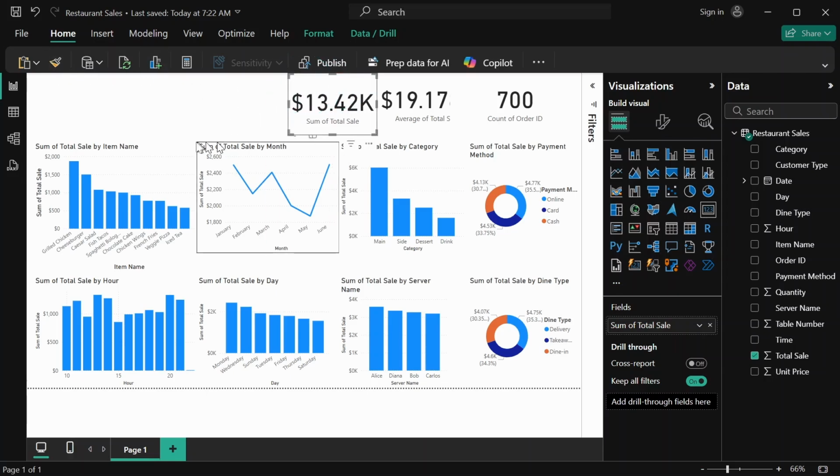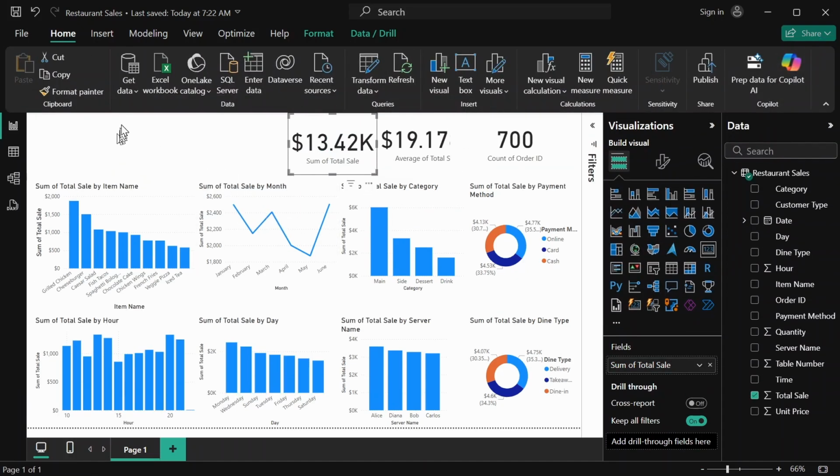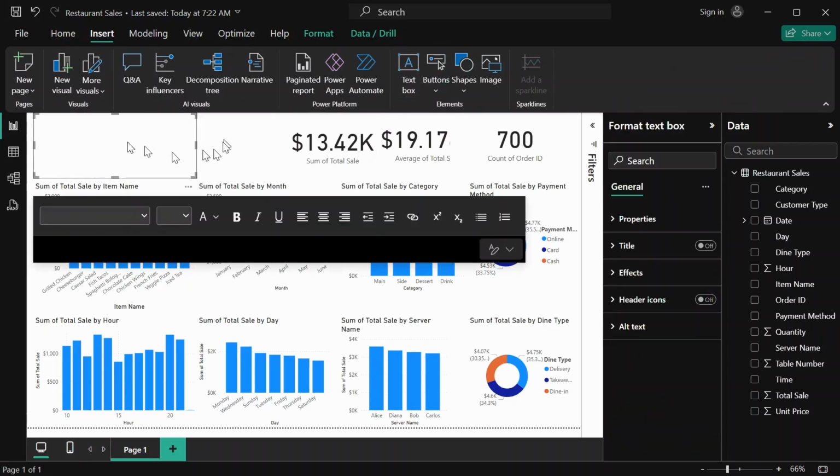So in this top left corner, we're going to go to insert. Now you can bring the drop down back if you want to. I'm just going to bring it back so it becomes easier for us. I'm going to go to insert, and I'm going to select a text box, and I'm just going to write restaurant sales dashboard. There we go. And I'm going to select everything and then change the size